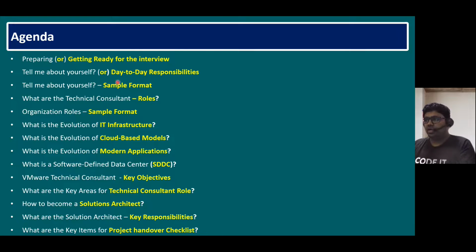Before answering all the questions, first of all we prepare and get ready for the interview. One common question for any interview is: tell me about yourself, or explain your day-to-day responsibilities. I will provide you some sample format in this session. And what are the technical consultant roles and organization roles sample format, and what is the evolution of IT infrastructure,